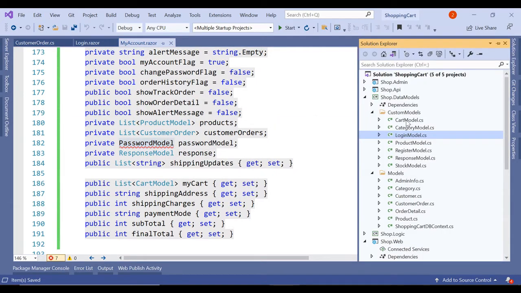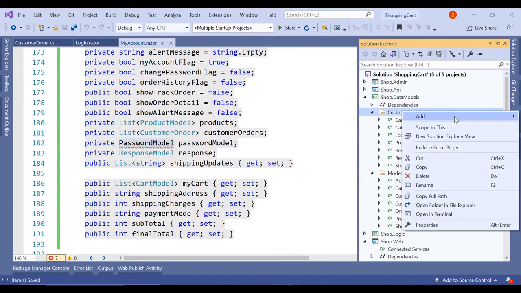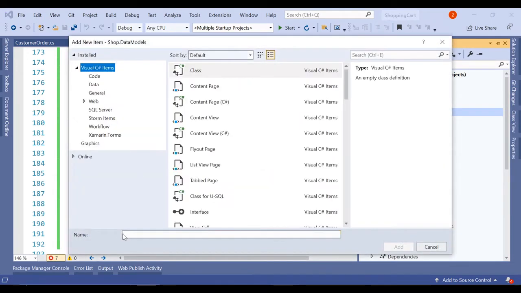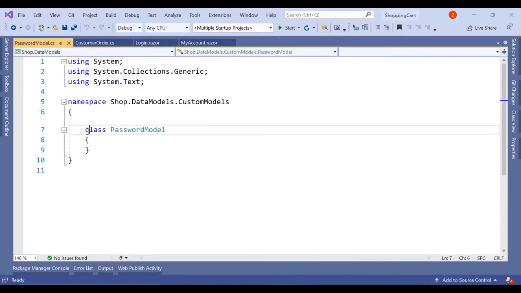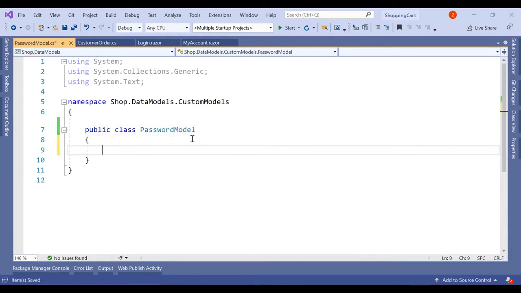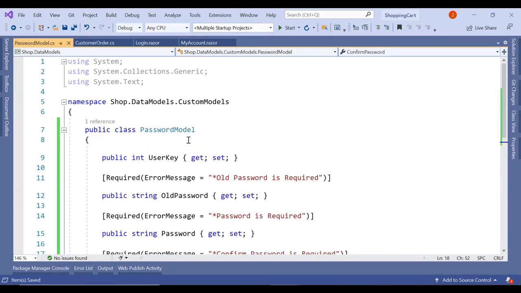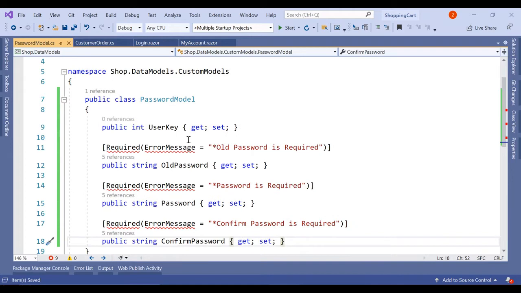So let's add that. Add a new class. And let's make it public. So here I have used user key, old password, new password, and confirm password.